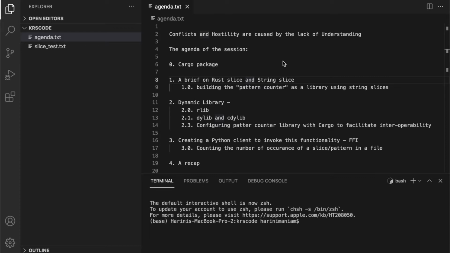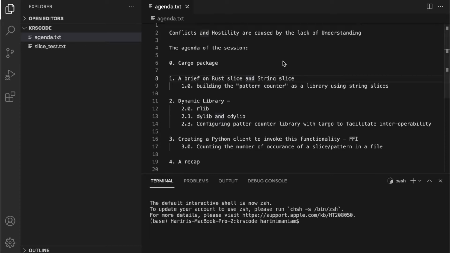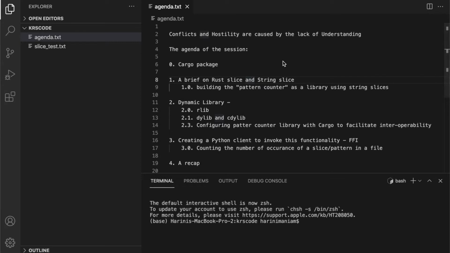So the agenda of the session today is a 5-point one. First, we are going to have a different flavor of cargo today, another capability of cargo, followed by a brief on Rust slice and string slice. And we are going to use the idea we gained in this Rust slice and string slice to create a pattern counter, which will become a library that will use the